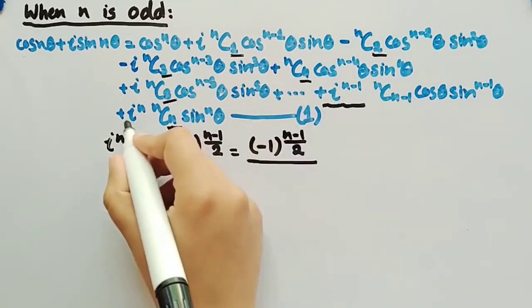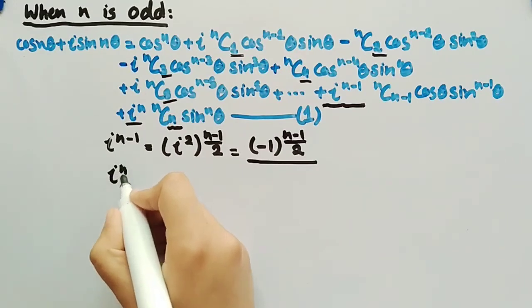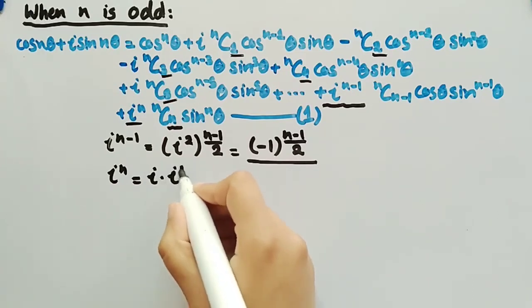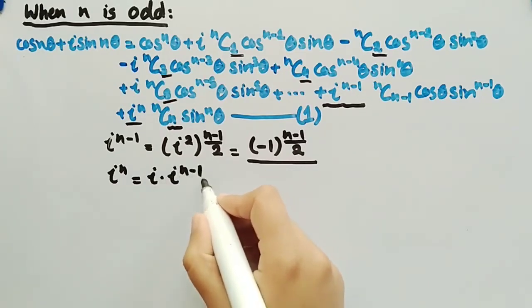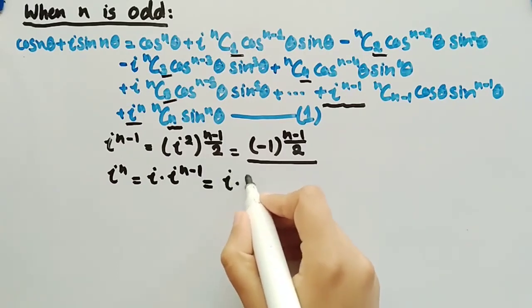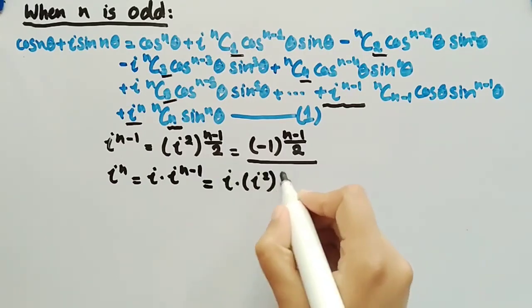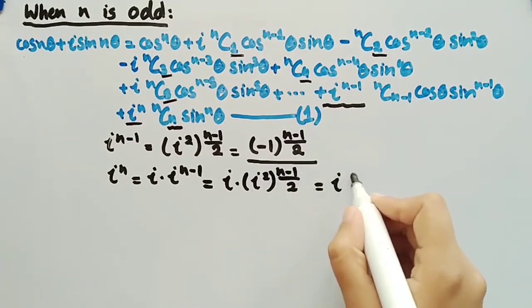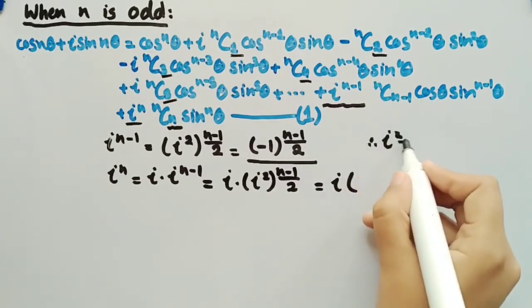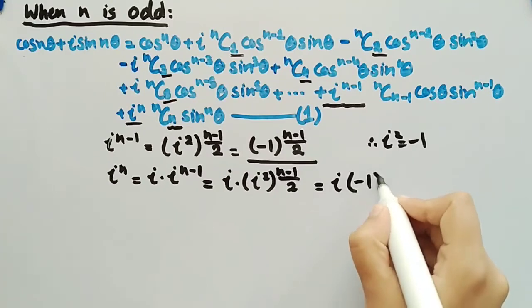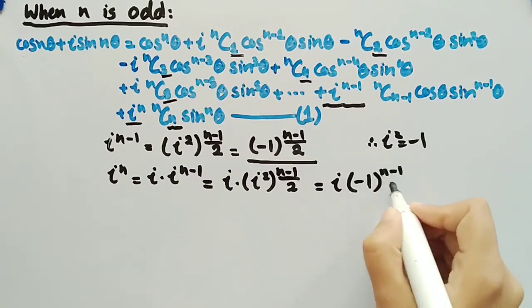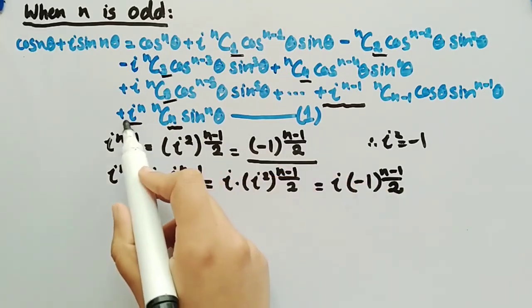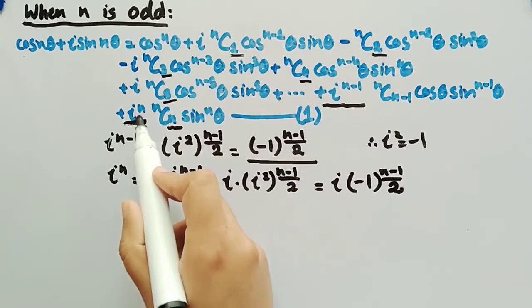And also we can write iota raised to power n equal to iota into iota raised to power n minus 1, which can be rewritten as iota into iota square raised to n minus 1 by 2, which is equal to iota into, since iota square is equal to minus 1, so it will be minus 1 raised to power n minus 1 by 2. So we will replace this term in place of iota raised to power n, and we get